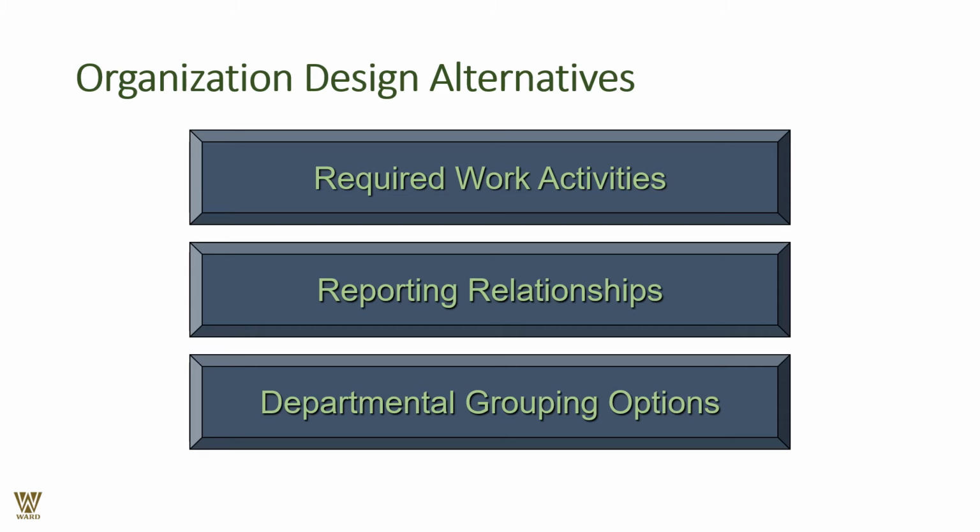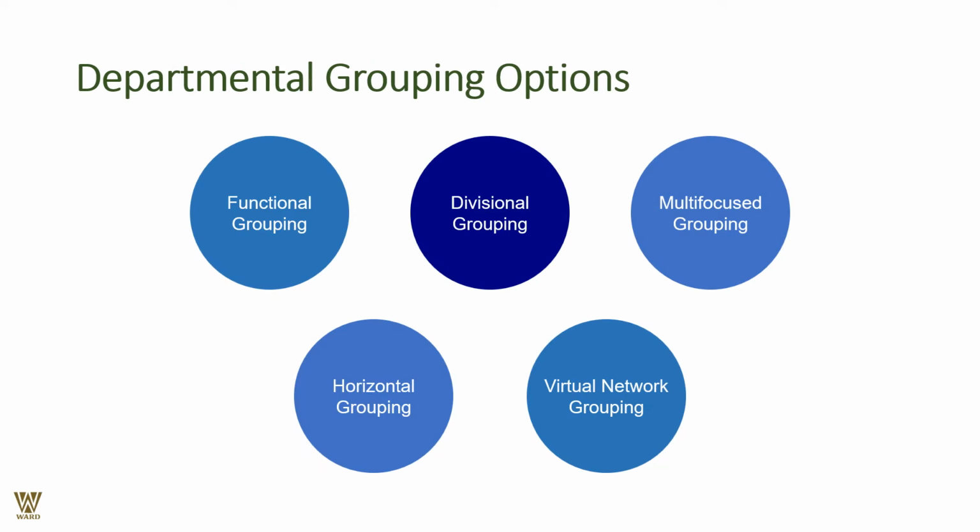So organization design alternatives, what are they? We are looking at work activities, we are looking at reporting relationships or working relationships, and as far as possible, if we can segment into grouping options, departmental option, functional option, product option, outcome option, whatever grouping option that comes around it. Now, these are the alternatives when we are looking for an organization chart or organization design or organization structure. What are the three pillars? We are talking about the work activities, the reporting relationships, and departmental grouping options. Let's say we begin with the departmental grouping option.